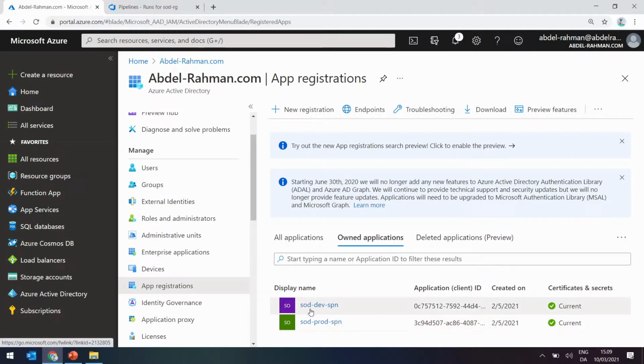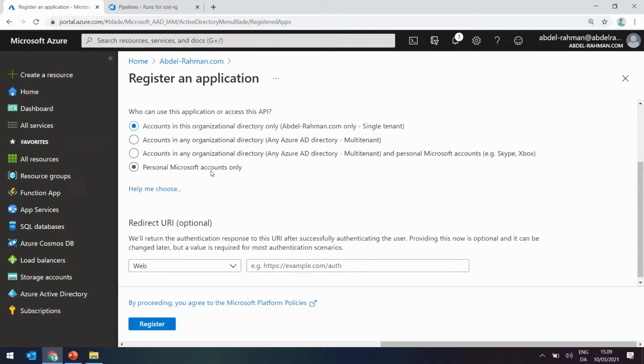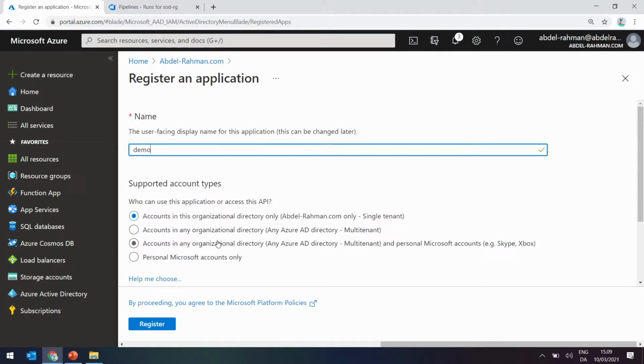What I call SOD Dev SPN, the service principal for my dev environment, and another app, which is the SPN for my production environment. Basically, you can just also create your own application. You can just give it a name based on your naming convention. I'll just write the dummy text now. I will not actually create it. But what I'm trying to say here is that it's an easy process to